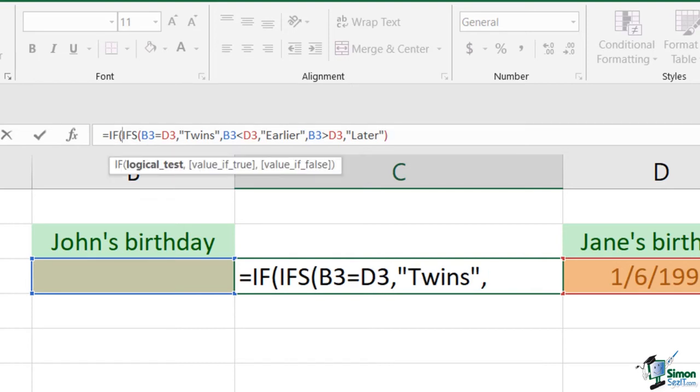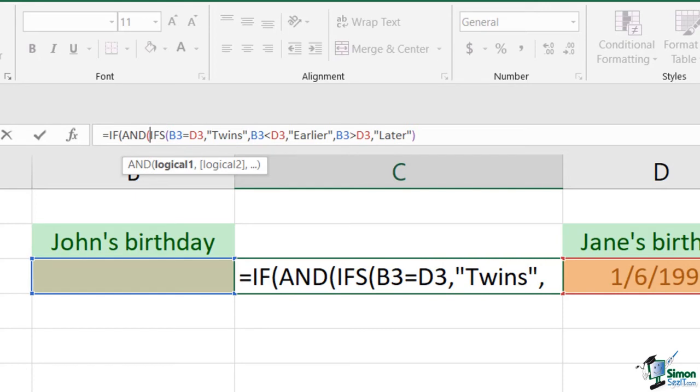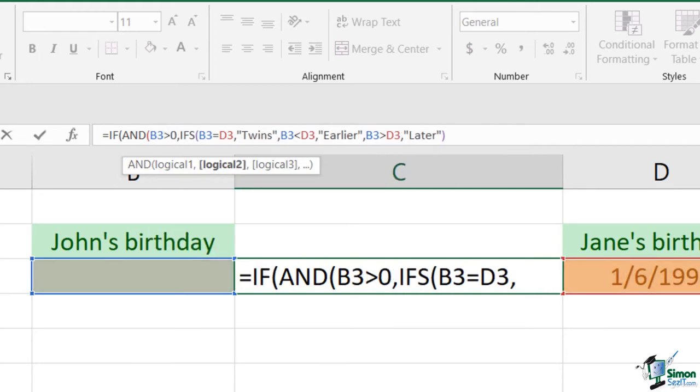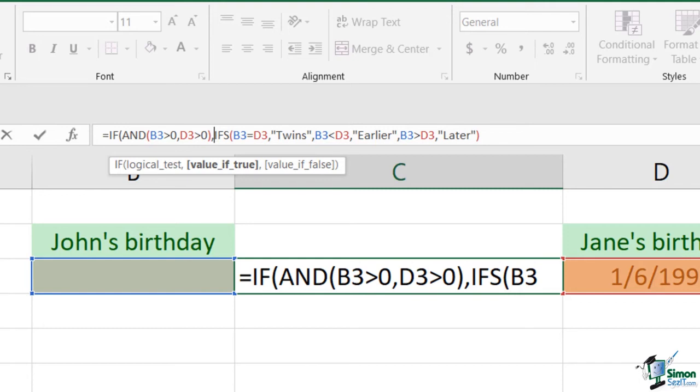So if, open parentheses, and now we're going to use that AND function. And first we're going to check that B3 is greater than 0. And our next check is that D3 is greater than 0. Now if that's true, so if both B3 and D3 are greater than 0, then we'll run our IfS function. So the IfS is essentially the value if true. So what's our value if false? Let's jump across to the end,